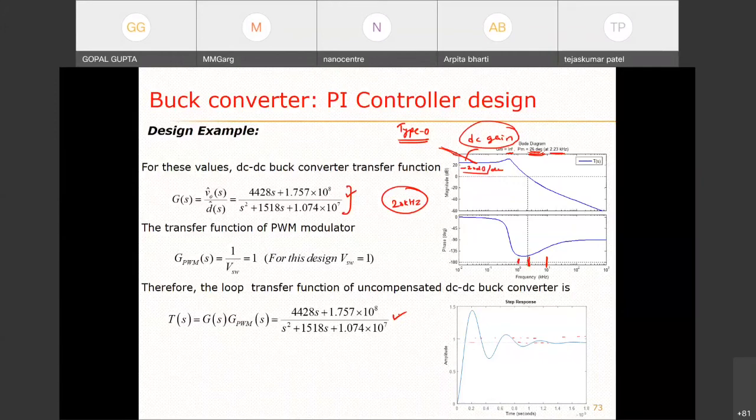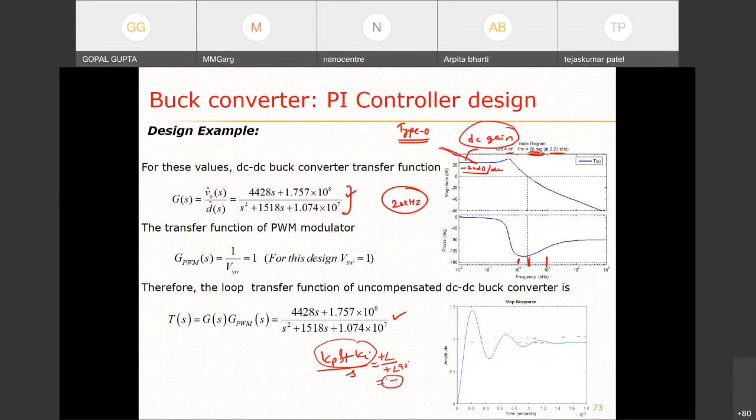And how can we ensure it? Again, from this plot, right? If you closely observe here, this is 10 raised to power 0, which means 1 kilohertz. This is the point 1 kilohertz, and that was the point where 2.23 kilohertz was, and this is 10 kilohertz. Our switching frequency is 20 kilohertz, right? So what you need, in